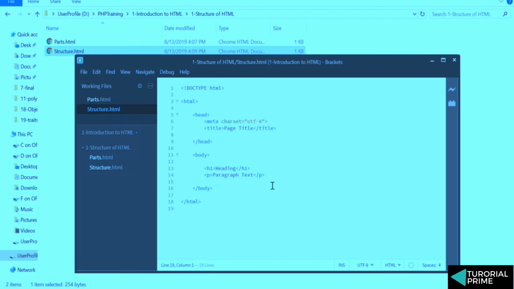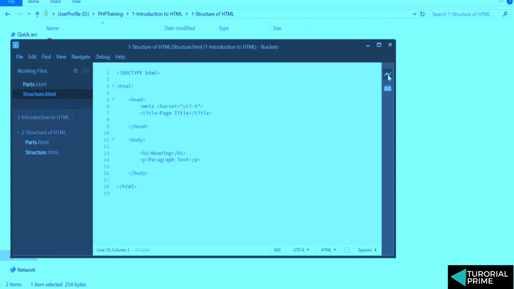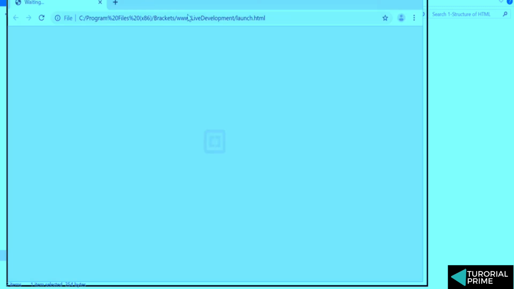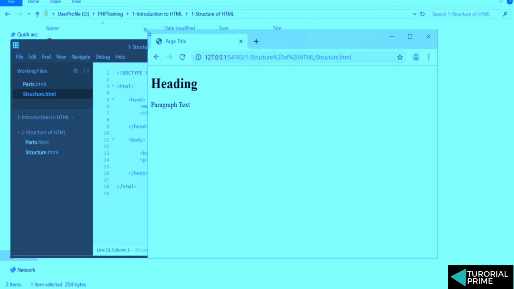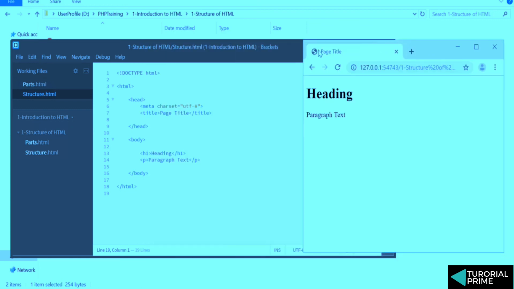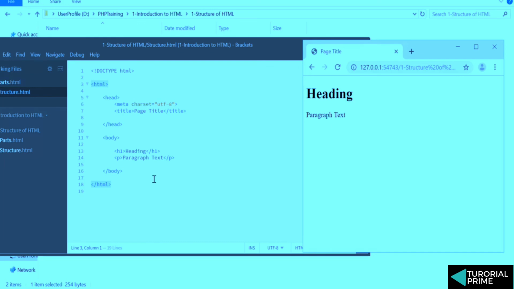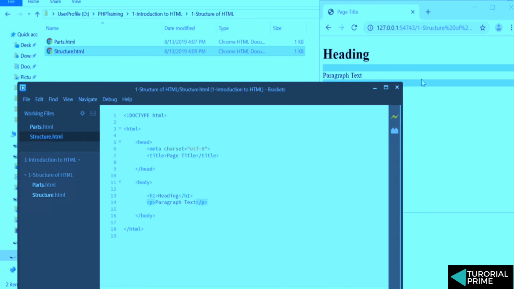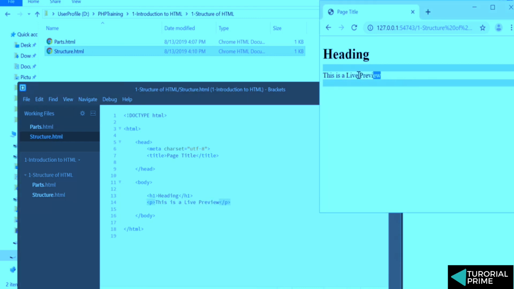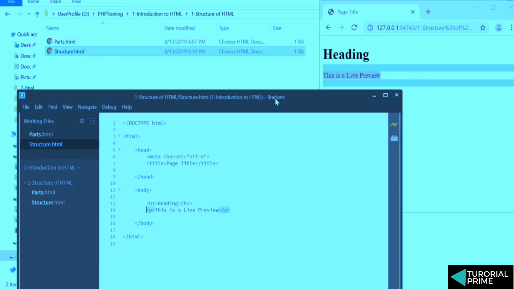Okay, so how to run this, how to see an output. There's a button here which says live preview. Just click on this live preview button, say okay, and the Chrome browser will be used to display the live preview of what you're writing here. I'm going to minimize it in such a way you can see the output. All right, so whatever you're writing here will always be visible on your browser. Okay, and it's a live preview, means if you change something here, it's visible on the browser as a live preview. You don't have to refresh. That's the beauty of using the Brackets editor.